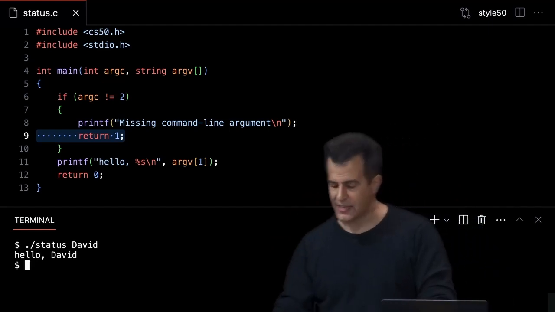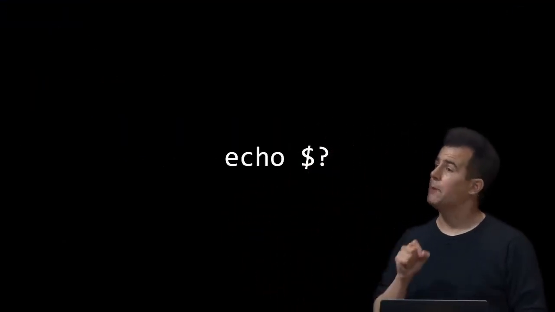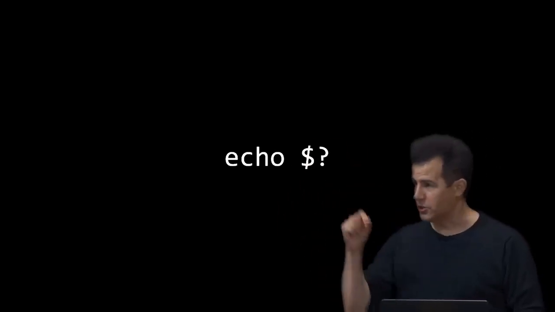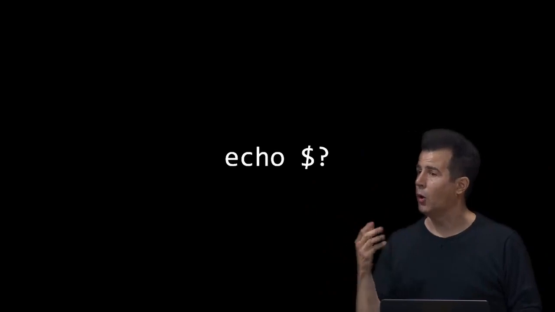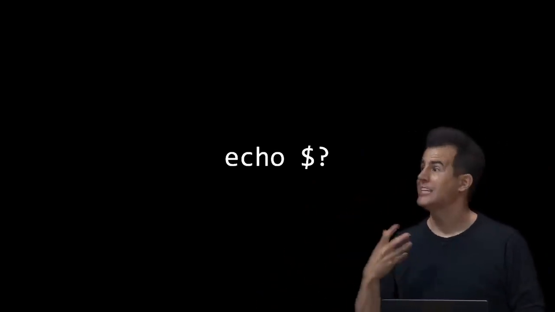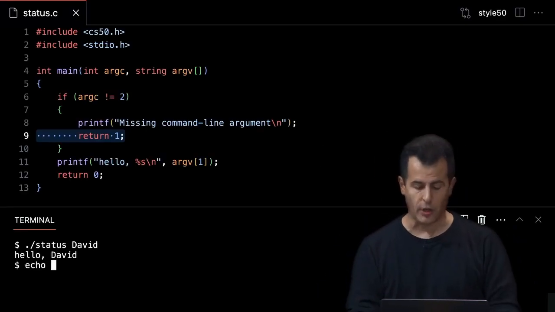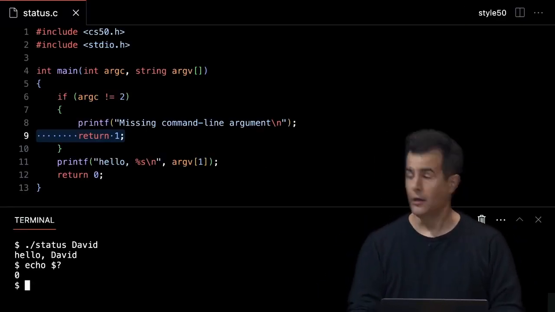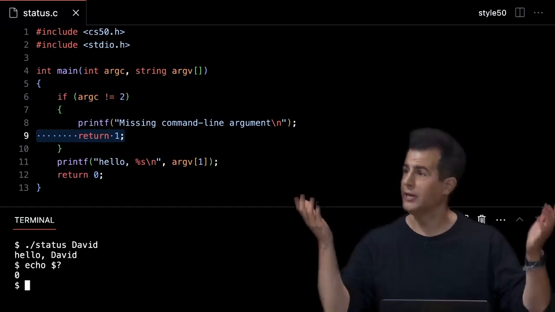If you really want to see the 0, there's this arcane command you can type. You can literally type at your prompt echo $?. It's weird symbology, but it's what the humans chose decades ago. This will just show you what the most recently run program secretly exited with. So if I do this in VS Code, I can do echo $?. Enter, and there's that secret 0. I could have been doing this week and last week. It's just not that interesting.